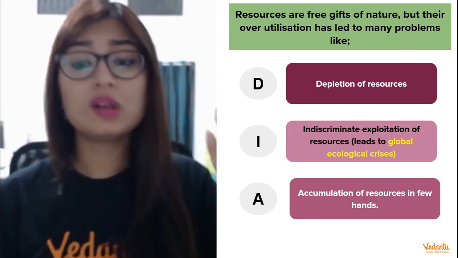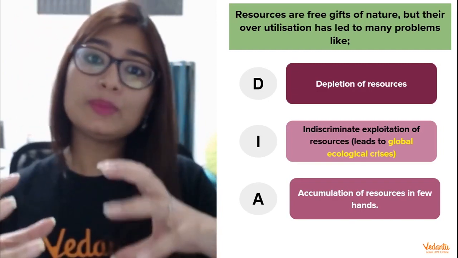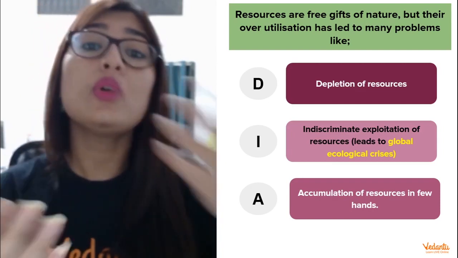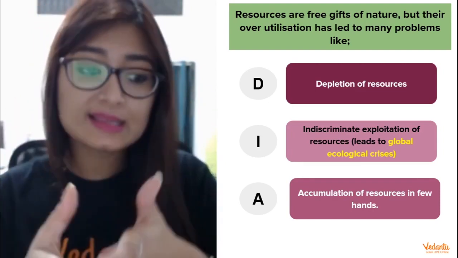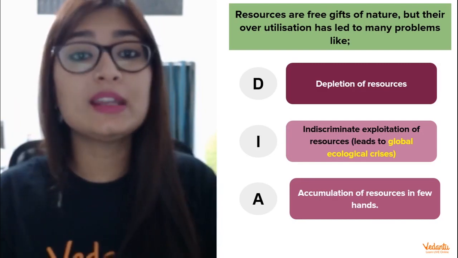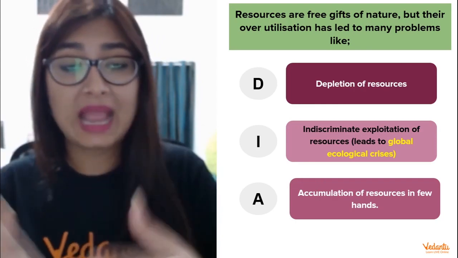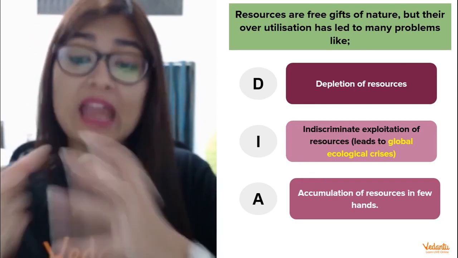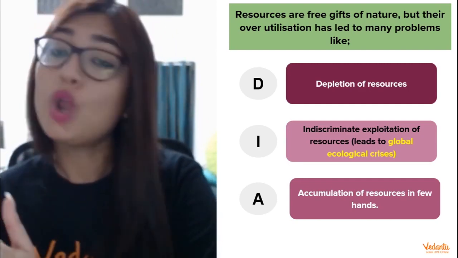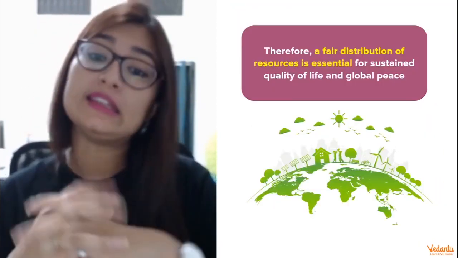Okay, and of course there is accumulation of resources in few hands, which means there are few people who, because of their resourcefulness in terms of capital, have more access to these resources, and this as a result is creating a segmentation, a bifurcation in the society of rich and poor. People who can easily access the resources can accumulate them, can hoard them, and then there are segments in the society which cannot. So that is another problem that this is leading to.